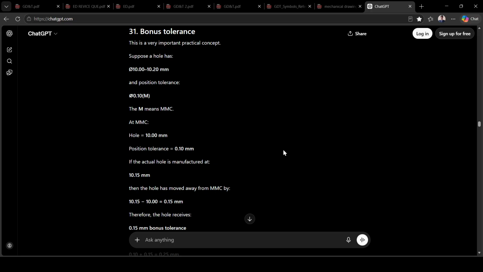Suppose a hole has a size of 10 to 10.20 mm and a position tolerance of diameter 0.1 at M. The M means maximum material condition. So at MMC the hole is diameter 10 mm, and the position tolerance is 0.10 mm. So the actual hole is manufactured as